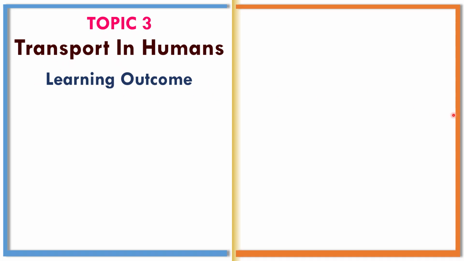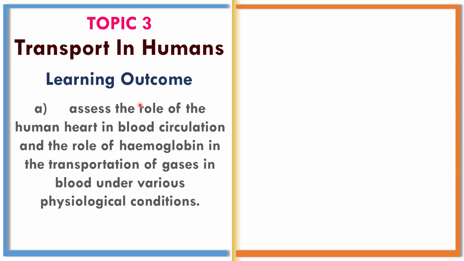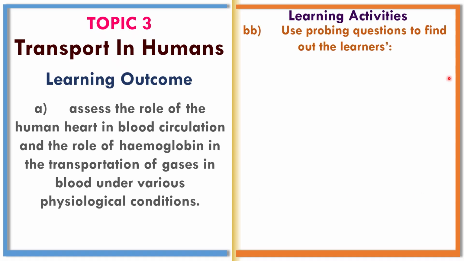Learning outcome A. Assess the role of the human heart in blood circulation and the role of hemoglobin in the transportation of gases in blood under various physiological conditions. We are looking at learning activity BB,